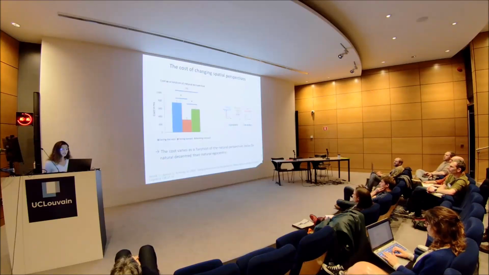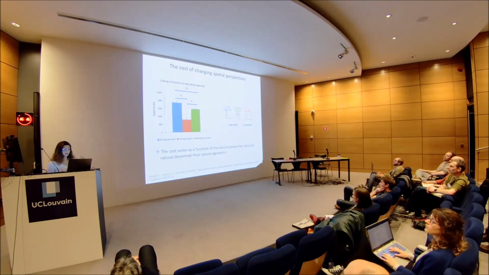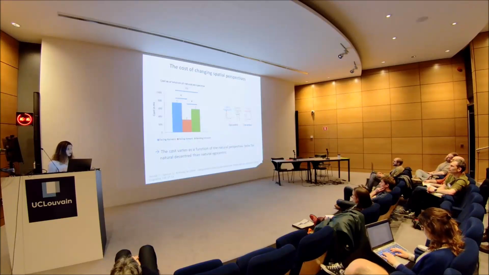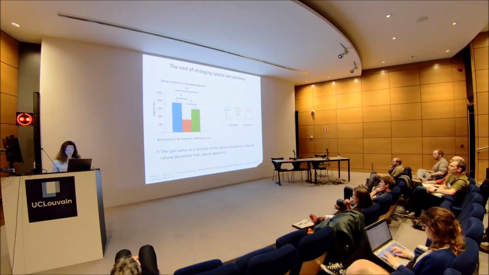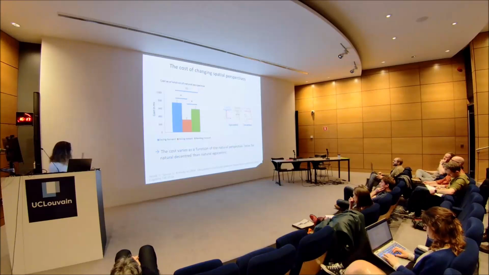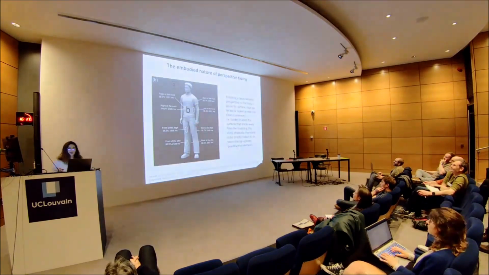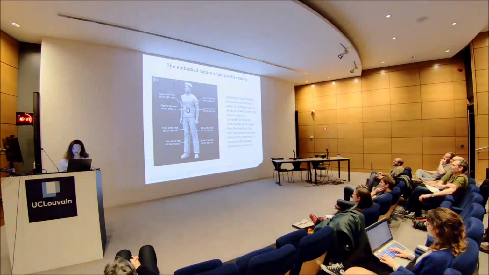In addition, we found a difference in cost as a function of the natural perspective. It appears to be easier for people that naturally adopt a decentered perspective to switch to an egocentric one than the other way around. So to summarize, our graphesthesia task allows investigating the default perspective and the flexibility in switching perspective, and the results show an important inter-individual variability in both. And I'm going to ask you to remember this paradigm as we're going to see it again just after the next slide. But to confuse you, we did a slightly different paradigm meanwhile.